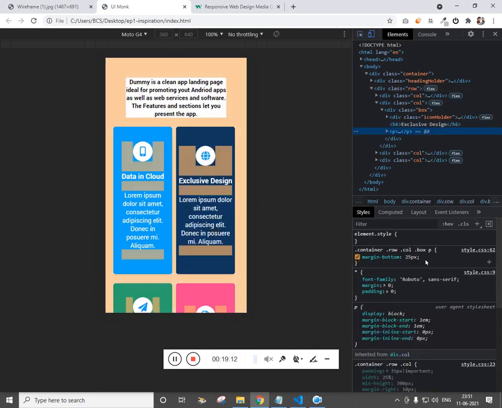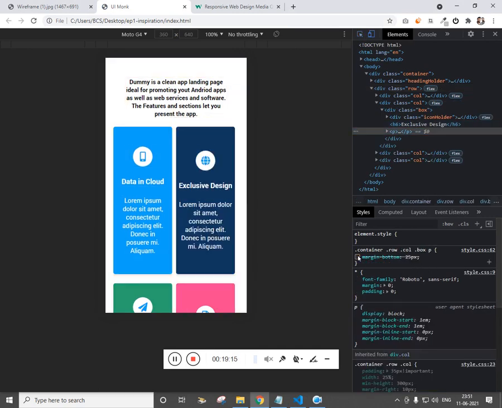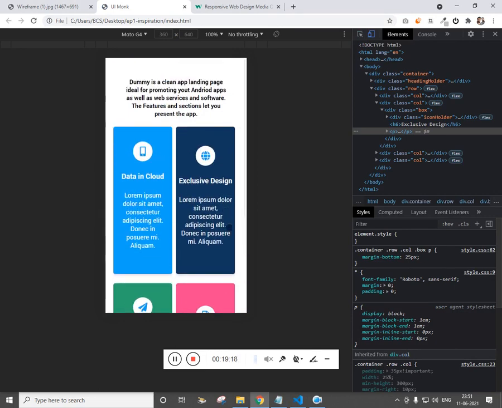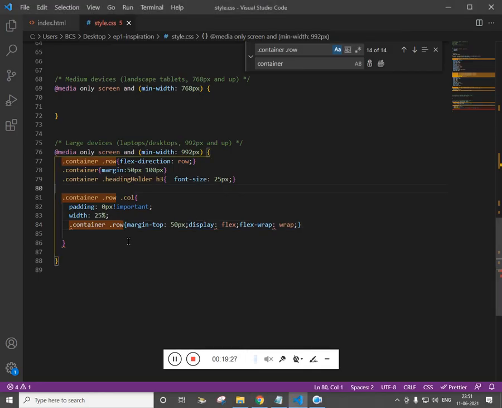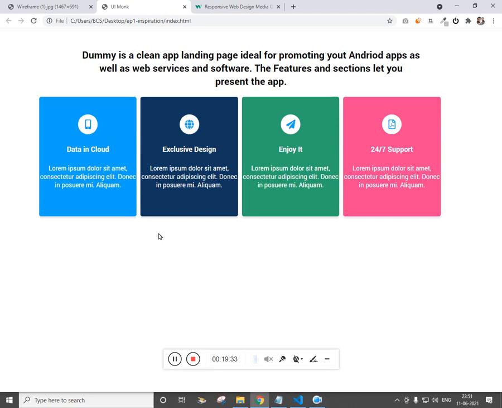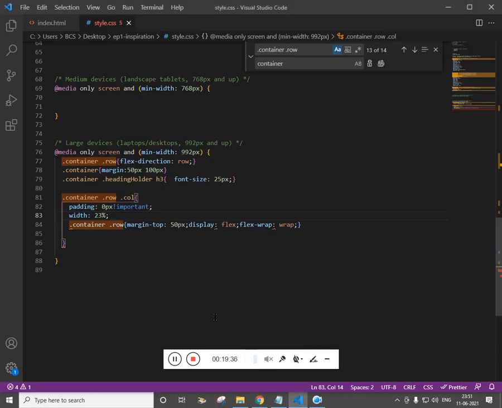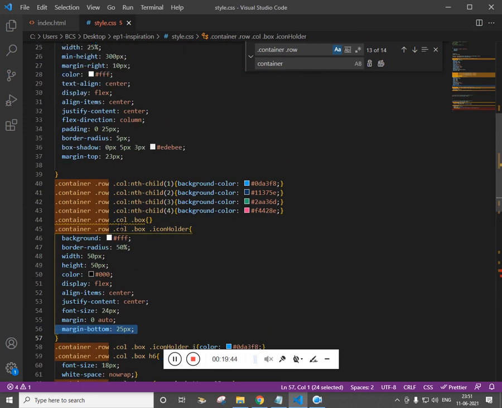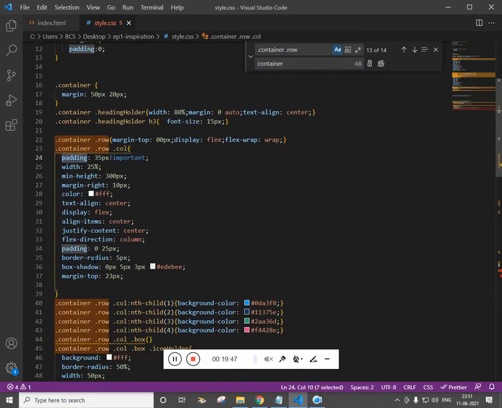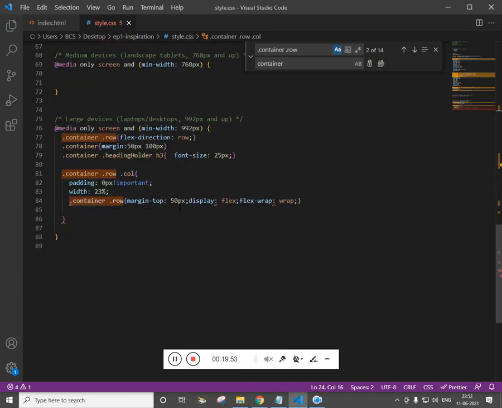Now if you want, you can reduce the font size. So I believe the mobile version is done. Now let's check the desktop. So for desktop we have given 25% width, so that is causing issue. Let's try to make this 23 and we have made padding 0. So let's see what padding we have given over here. For column, okay, this is why we used important, it was overriding.